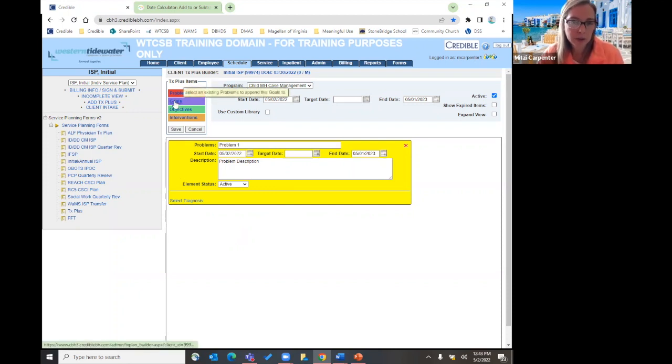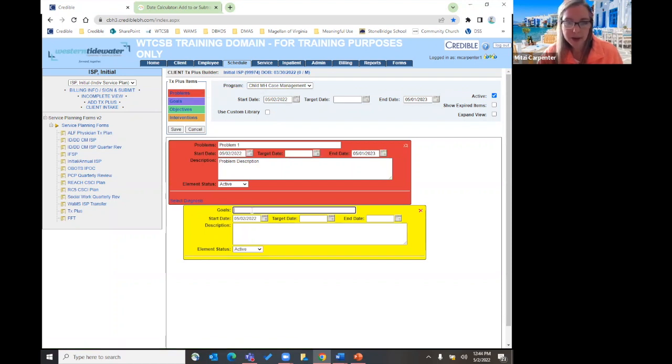And now we need to add a goal to it. So see how the goal pops down. And we do the same thing here. Target dates, I didn't talk about those. Target dates are optional. You may have some problems, goals, objectives, or interventions that are going to be a little short term. And that's okay. You can put in this target date and you don't have to have a year-long end date. It can be a shorter term. You might have an ISP that does last for a year, but you might have some very short term problems, goals, objectives, and interventions, and that's okay to say that here. I'm going to add my description